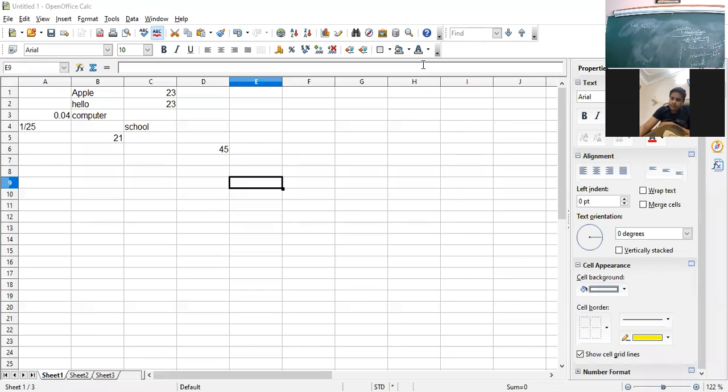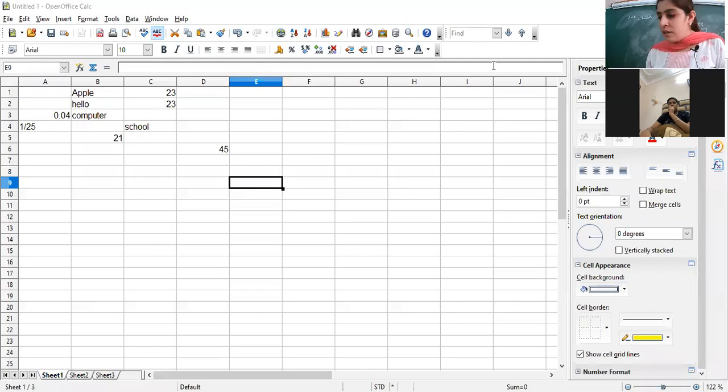And in case of mixed, partial changes will be there. Partially, the content will get changed. Clear? In case of relative referencing, on copying down the content, the addresses or the values will get changed. In case of absolute, the content will not change at all. And in case of mixed, either row or column, one of the two will change. So that means partial changes will be there.